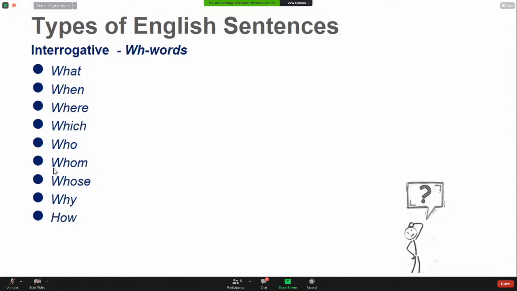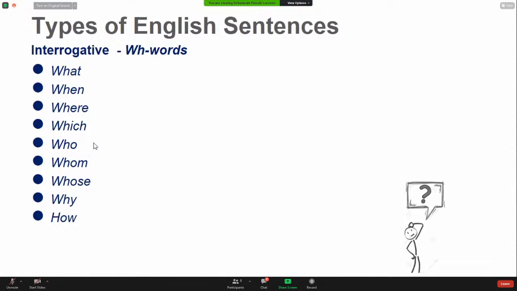Suppose I ask you how many brothers and sisters you have, and somebody says I have 4 siblings. Then my question will be, whom do you like most? That means out of those four members, whom do you love most? Here also I'm choosing one. If I have more than one option and I have to choose something,